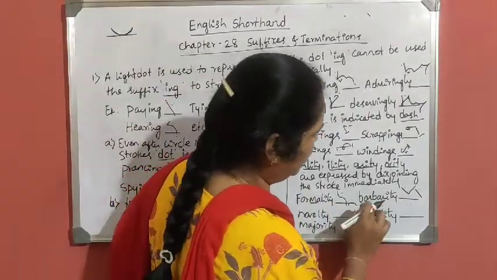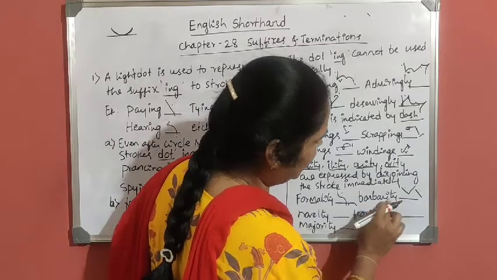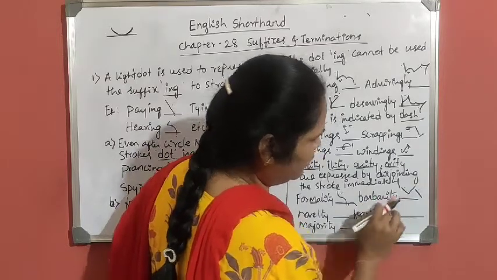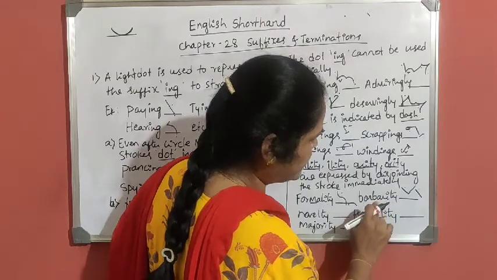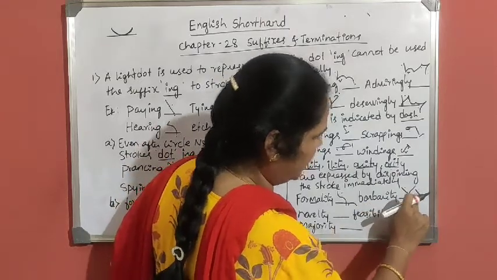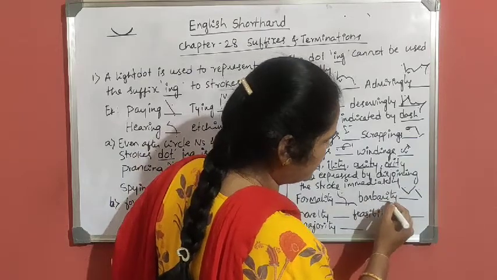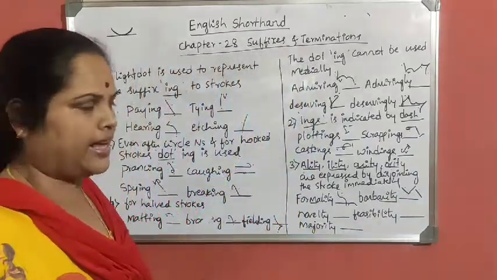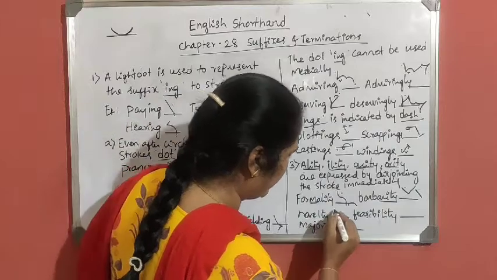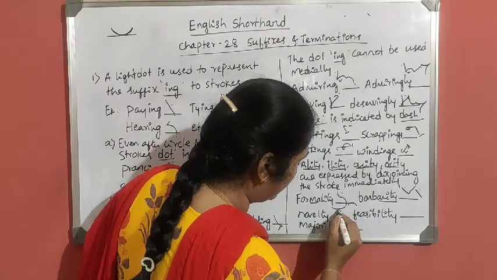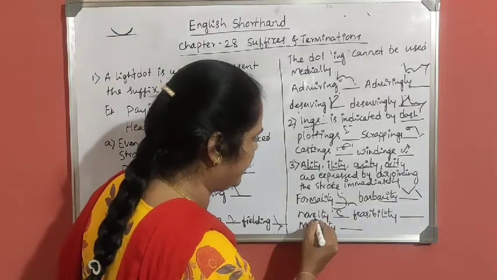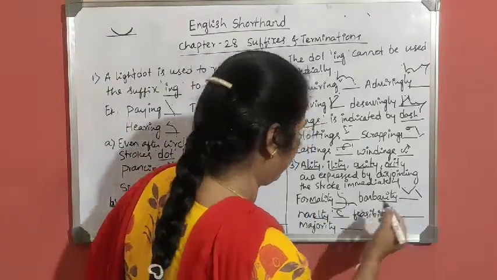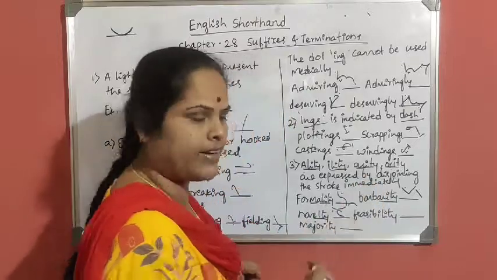Then barbarity, B-A-R-B-A-R-I-T-Y. Here B-A-R I wrote. This becomes bar. Then after bar there is a B. That B is disjoint. That B is disjoint means ARITY sound is there. It is understood. Then novelty, N, and vowel is disjoint. This indicates novelty. Here ELTY sound, here ARITY sound, here ALITY sound.